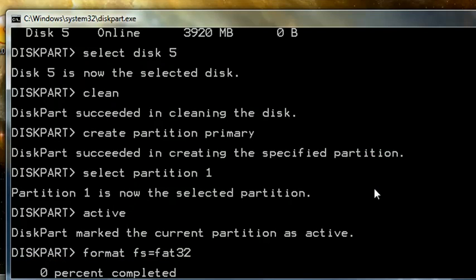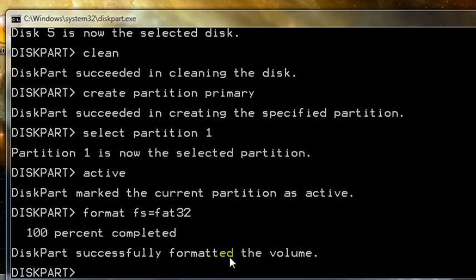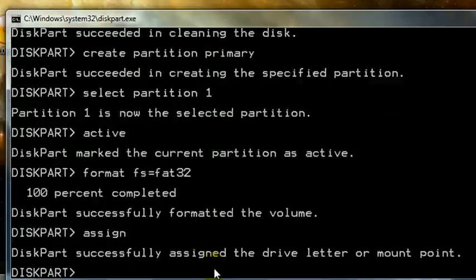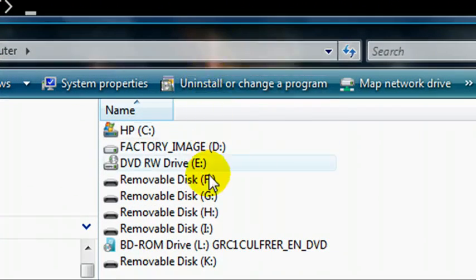This is going to take a few minutes, so I'm going to pause the video and I will return as it's finishing up. Alright, our thumb drive is almost done formatting. Okay, 100%. Okay, so after some formatting, you want to give the assign command,